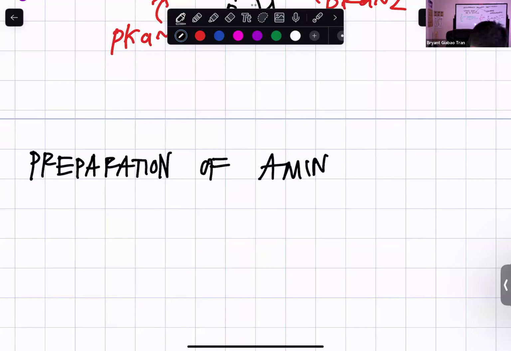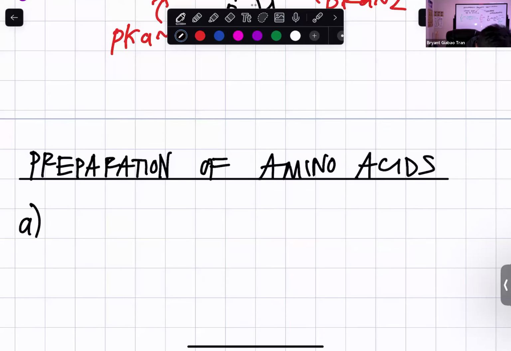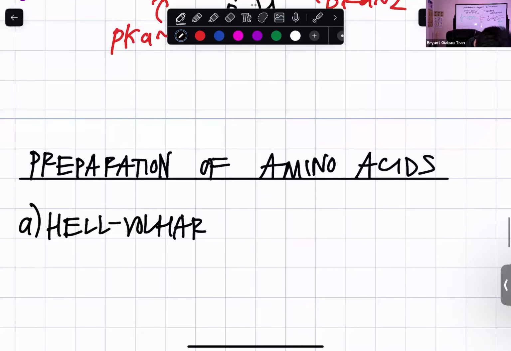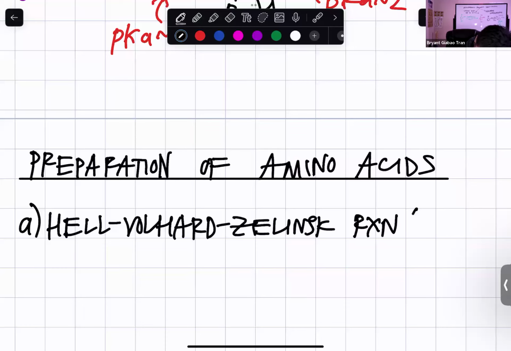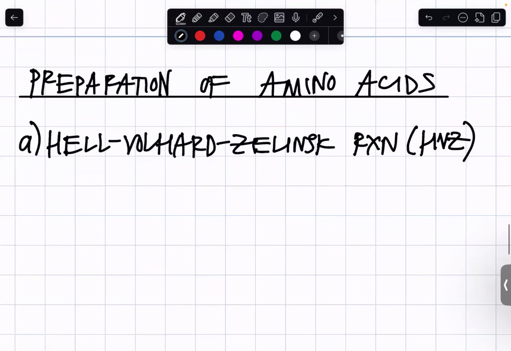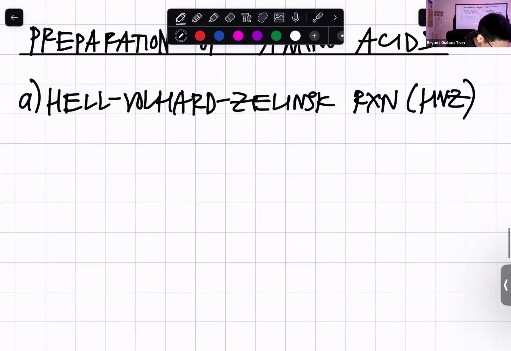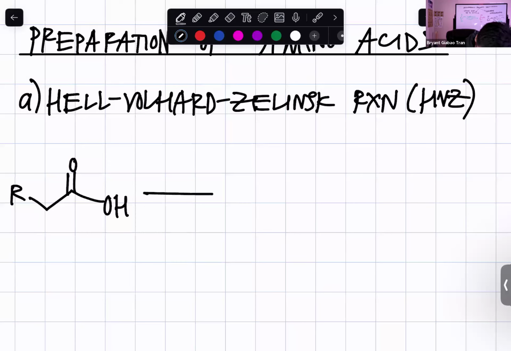The first method we're going to talk about is the Hell-Volhard-Zelinsky reaction, the HVZ reaction. You've seen this reaction before in chapter 19, the carboxylic acid unit, because whenever you have a carboxylic acid with an alpha carbon, and you react that with these reagents,